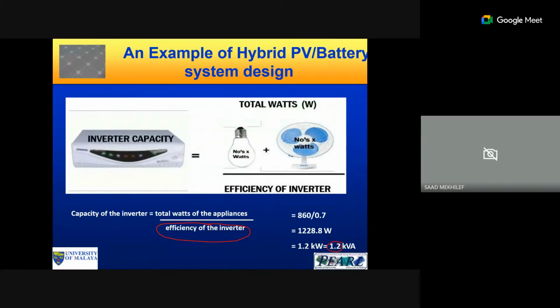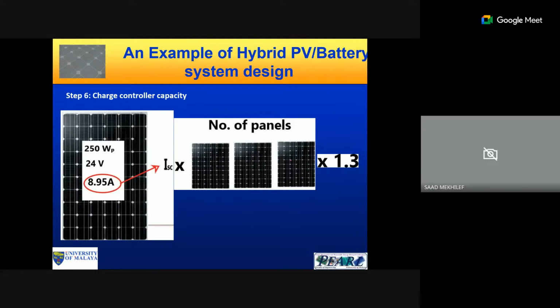Don't worry about this one, we will come to it later. So the inverter sizing, we get the inverter size. Then the number of panels. Charge controllers, because we need charge controllers since we have a battery. So the short circuit current is around